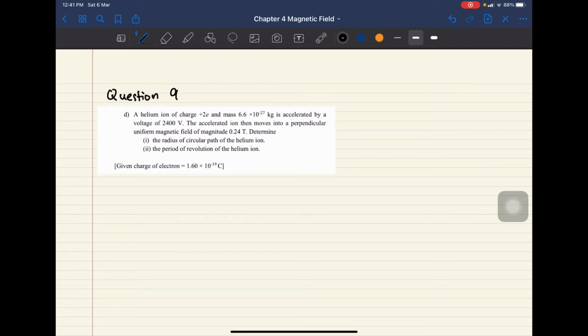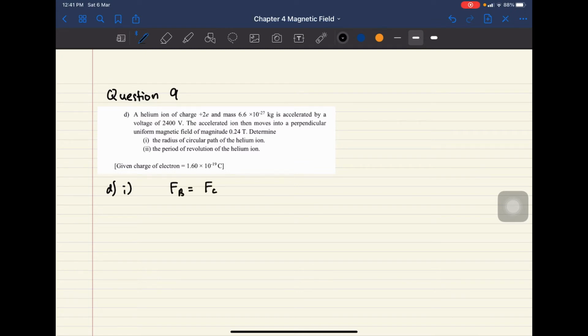The accelerated ion then moves into a perpendicular uniform magnetic field of magnitude 0.24 Tesla. Determine the radius of the circular path of the helium ion. So if you want to calculate D, question number 1, you want to calculate the radius of the circular path. You can start with